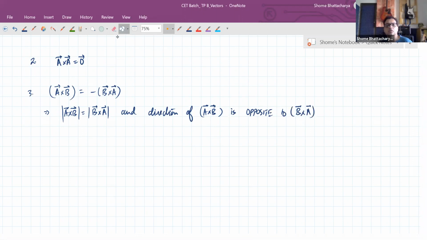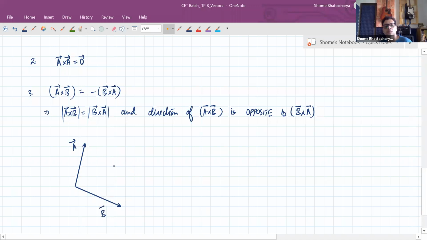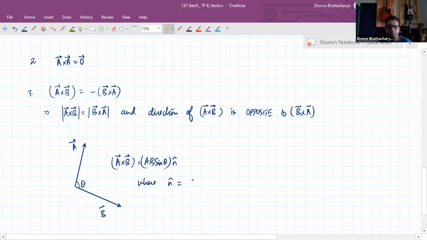For example, if we have vectors A and B which are like this, so here A cross B would be AB sine theta into n cap, where you can see that n cap would point in which direction. Can you tell me? Should n cap be going into the plane or should it be coming out of the plane? Just try this out yourself. Apply the right hand palm rule and tell me, over here, as A and B are drawn in this diagram, should n cap be going into the plane or coming out of the plane?